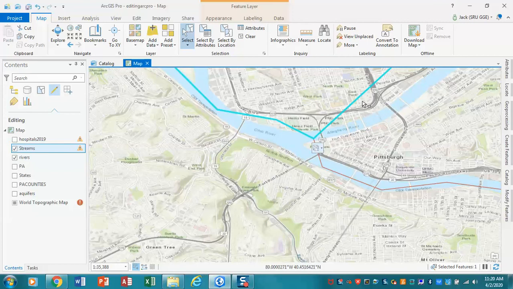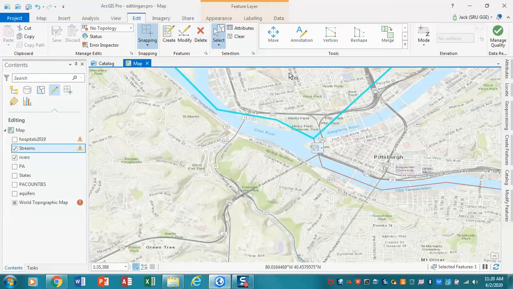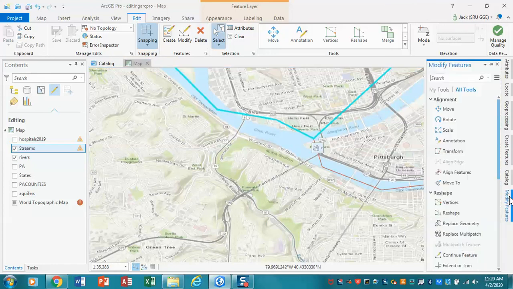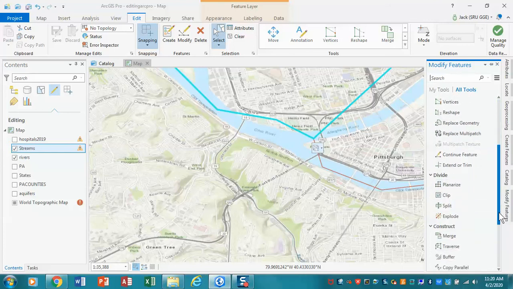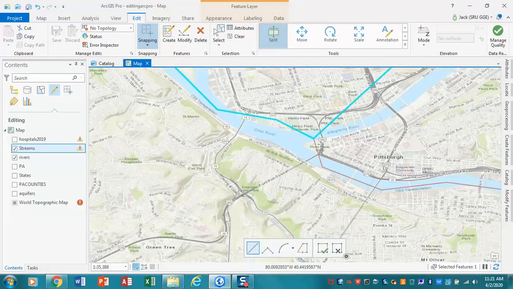Now of course we notice also that it's in the wrong place, but for right now I'm not terribly worried about that. And what I want to do now again is I'm going to modify features. Okay, and in this case what we simply want to do is split the feature. And so again we're going to be using the split feature, and that is here. Okay, and so what we're going to do is, again, we have our feature selected, and we can take our split tool, and I'm going to split it right here. I'm going to click on that,